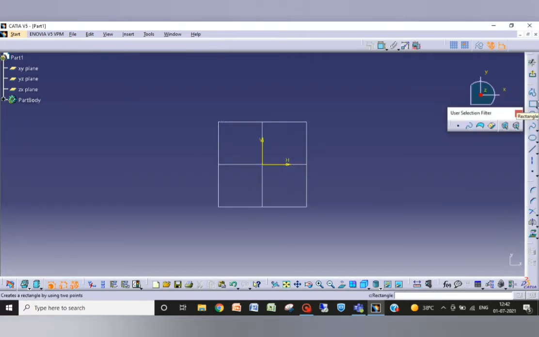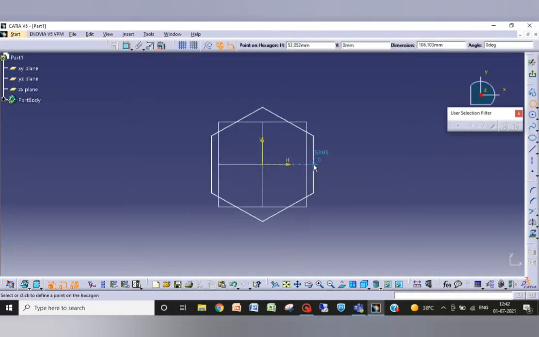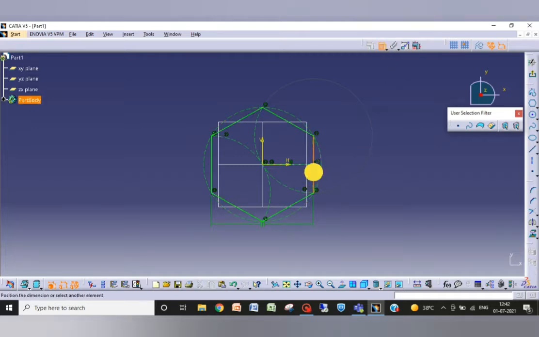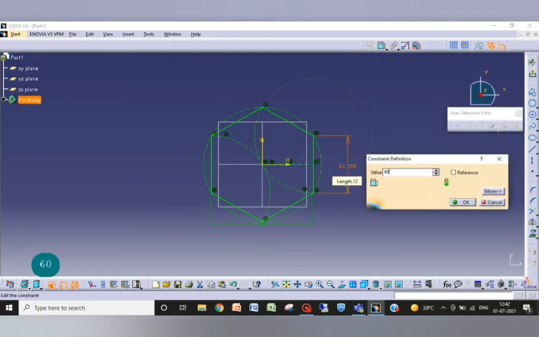As we all know, a nut is in a hexagonal form, so I will take the hexagon from here and make a hexagon there. Fine, just give this length, let it be 60, and okay.